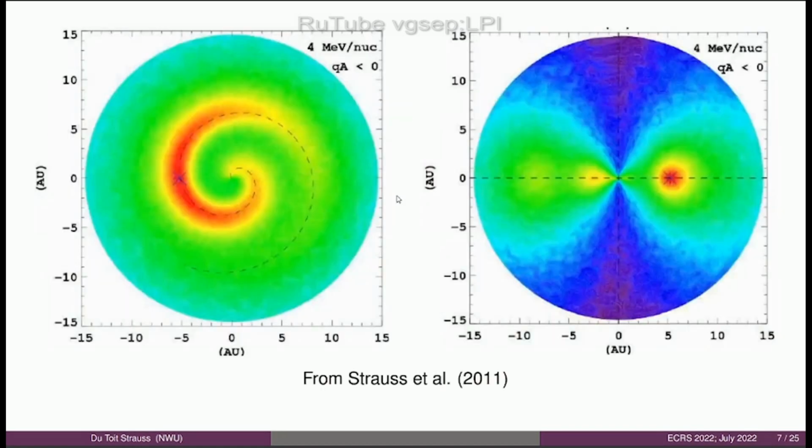Why are these particles interesting from a modeling point of view? They are really interesting because they trace out the magnetic field structure in the inner heliosphere. In these simulations, this is just one example, the sun is in the center. The left panel shows the projection onto the ecliptic plane, so looking from the top. The Jovian magnetosphere assumed in the model is at the blue cross, and this dashed curve is the nominal Parker magnetic field that in this case connects the sun to Jupiter.